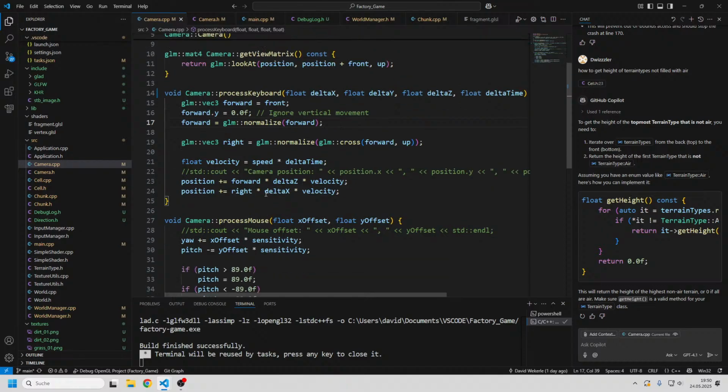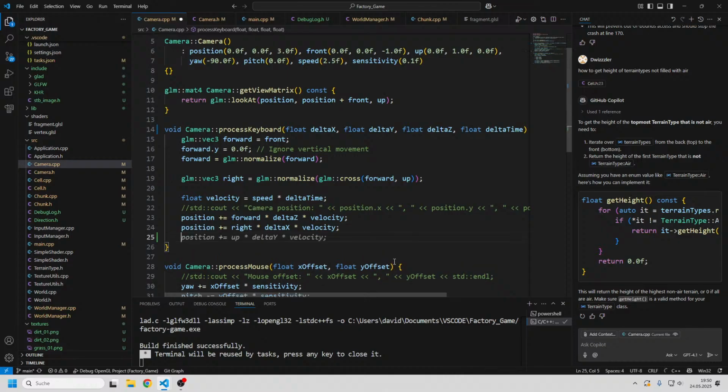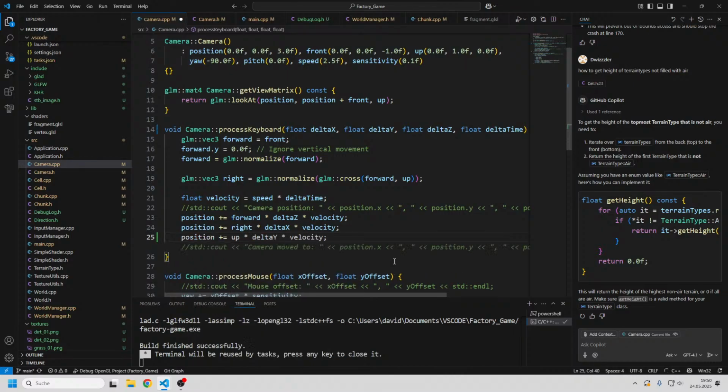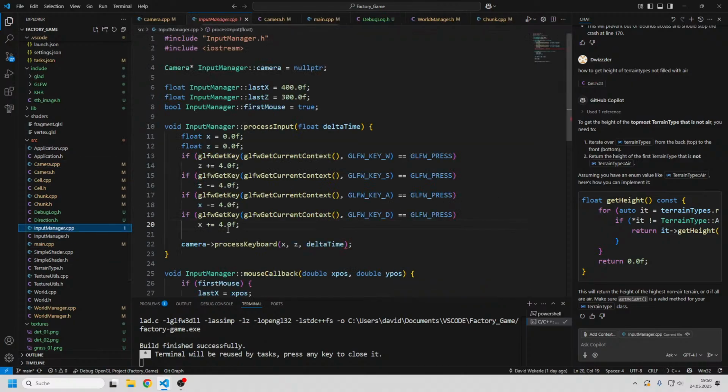Okay, and then let's see our delta. We also had this up thing, right? We have the up. So we could just do position plus equals up times delta y times velocity. That's good. And then in the input manager, we're just gonna add if our